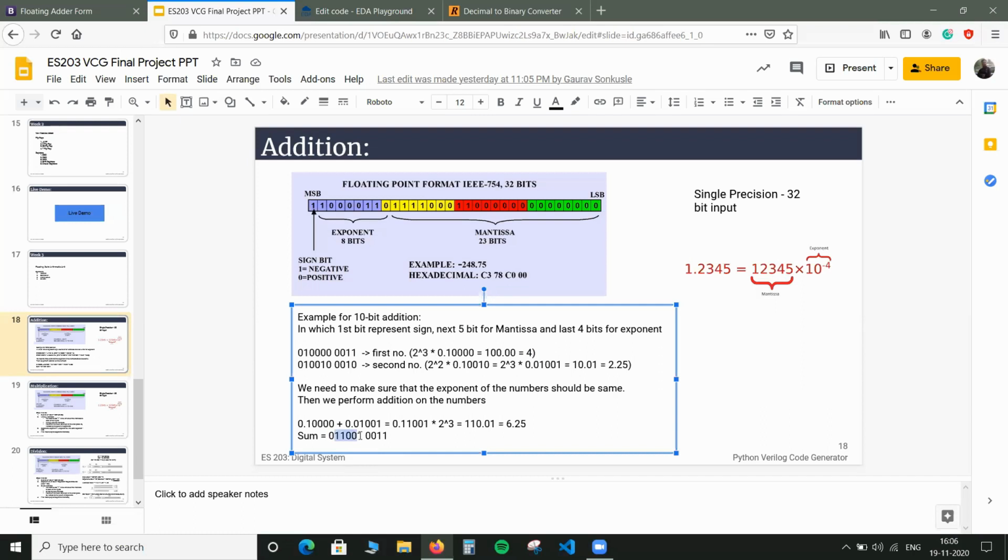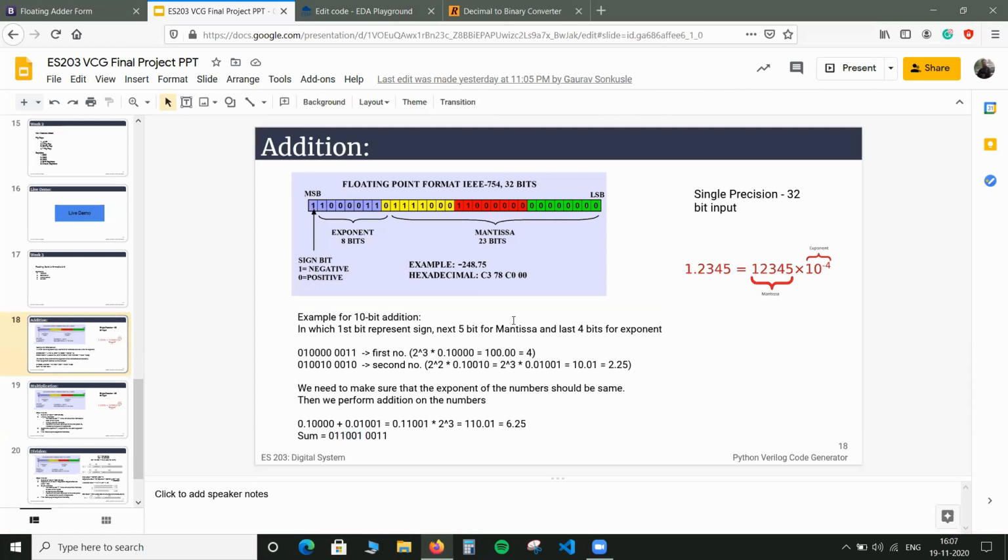So here we are using the exponent 3 plus some bias. For the exponent we usually use some bias. Here we are using 31 as the bias, plus 31. So this is the exponent part, where 3 is the exponent here. After that we just add the Mantissa, and after adding the Mantissa we got this result. So I think it is clear how we are doing addition using this format.